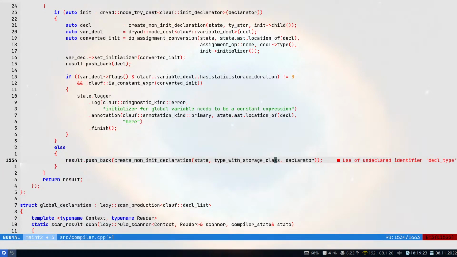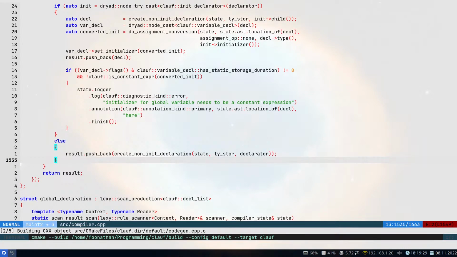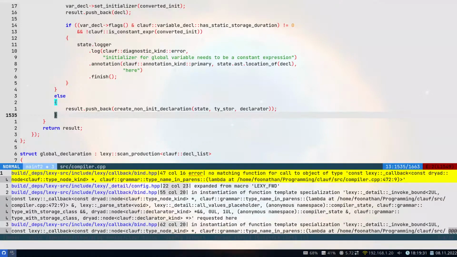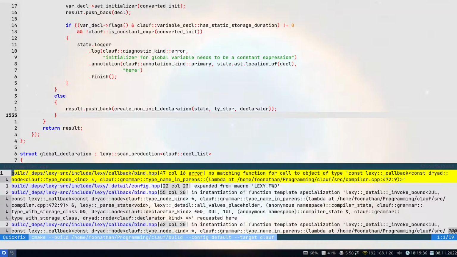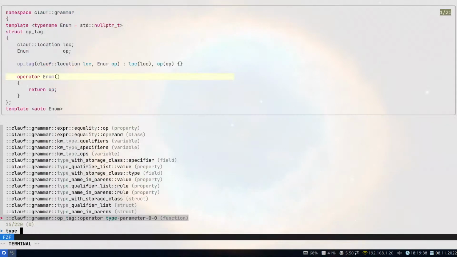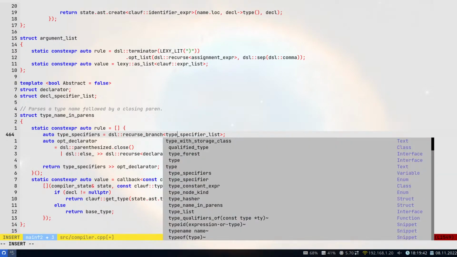Type of storage. Let's just check whether that compiles. It does not. We are missing something. Right, type name in parens. We want the